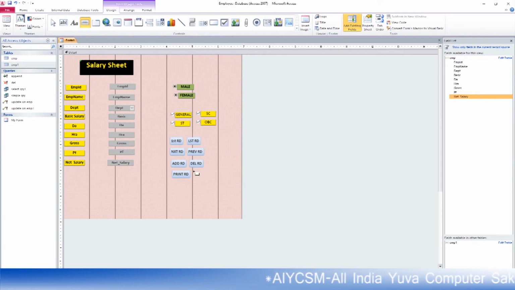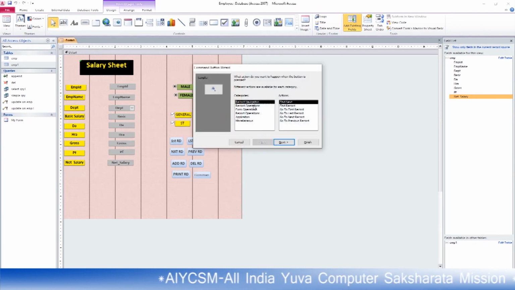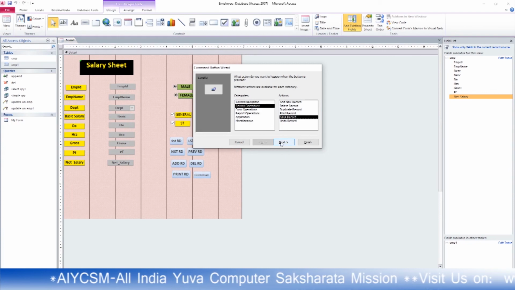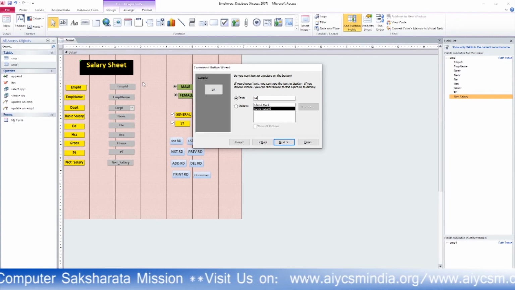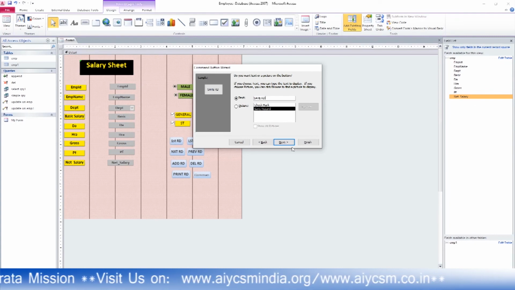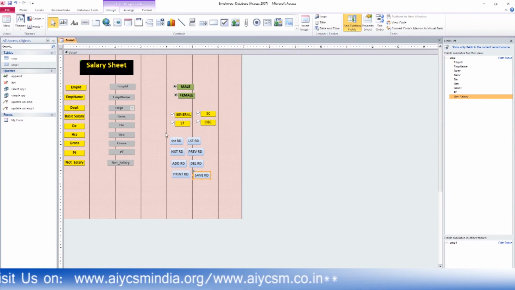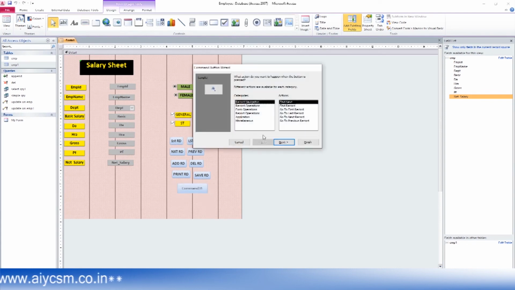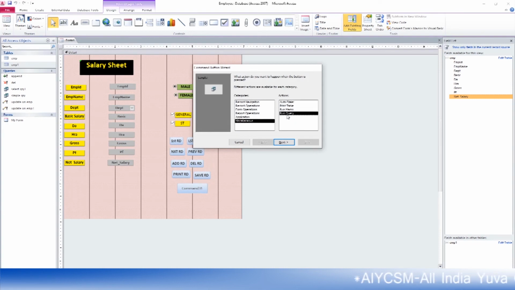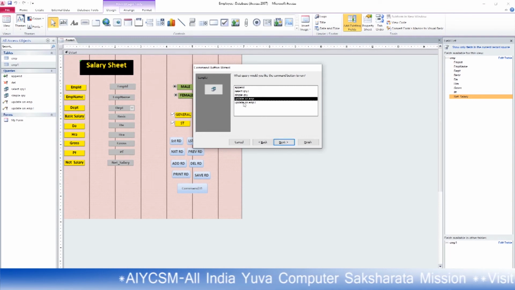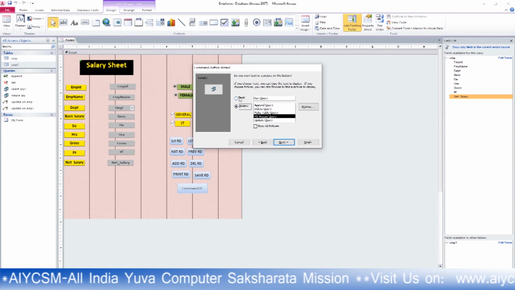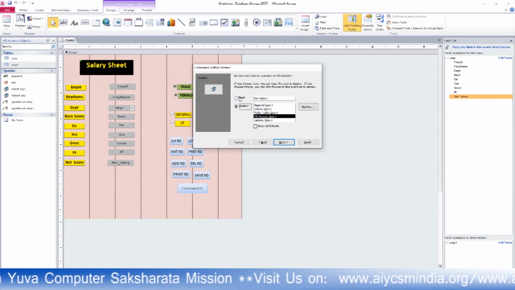Then save record, I am not inserting much. You are able to insert different types like save and undo. I am just adding SAVE RD. Now I am finishing it with this one. Now if you click on this one, there is one interesting field. Here is miscellaneous. From there you can run the macro and you can run your query. This is EMP, so from there I can run, next I can run update on EMP. If you want to add some table or add some value, from this form you can update this table.